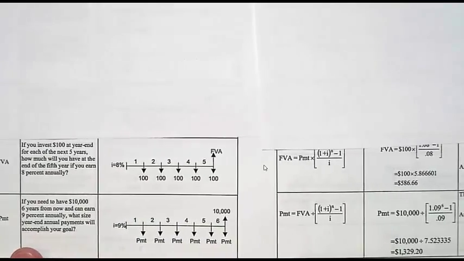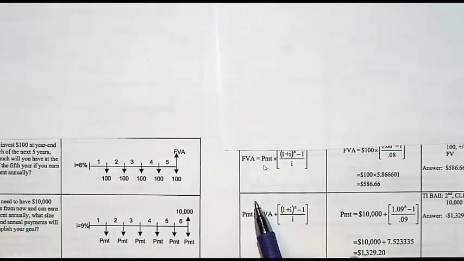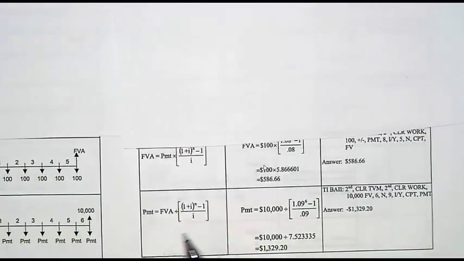Well, this is what the formula would look like. It's the same as this one up here, only instead of solving for the future value, we're solving for the payment. So when we put those numbers into the formula, we end up with 1329.20. And using the calculator,